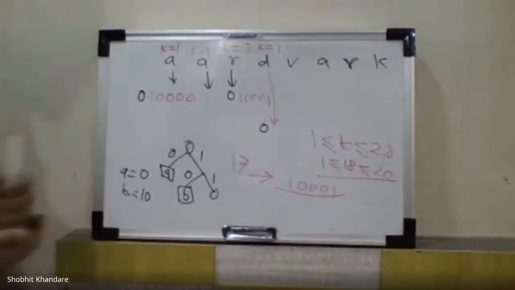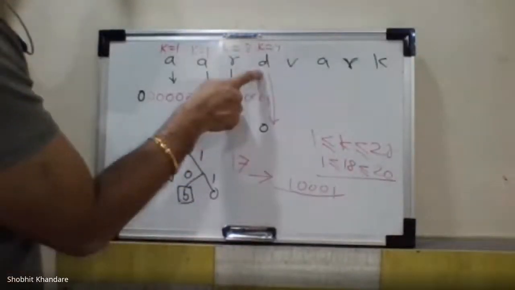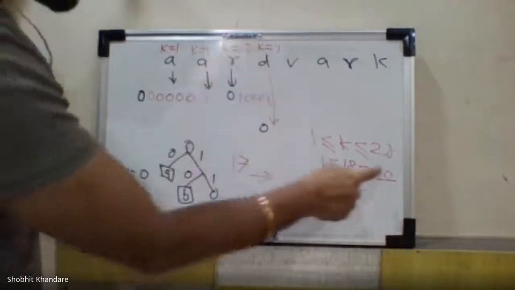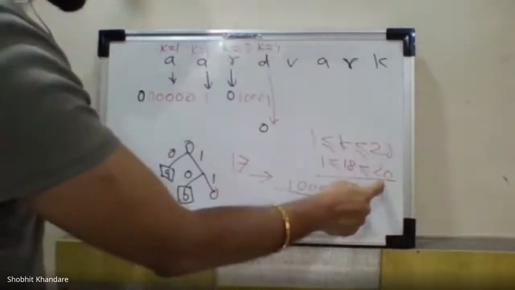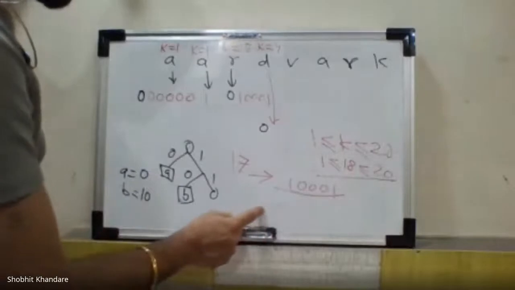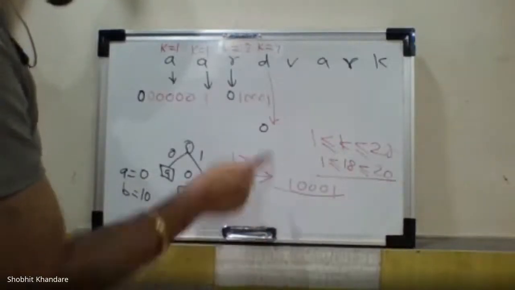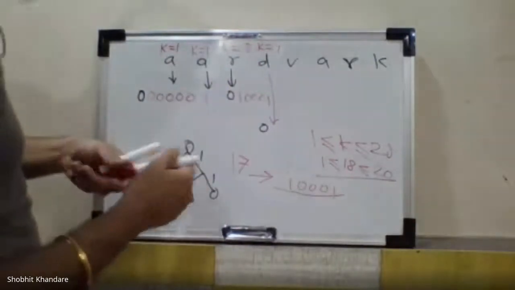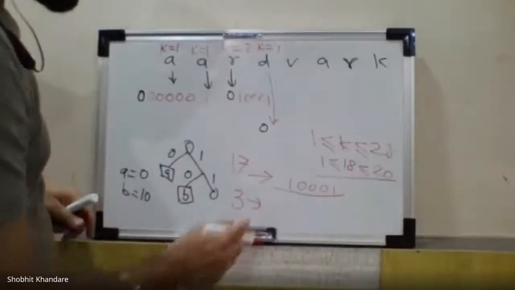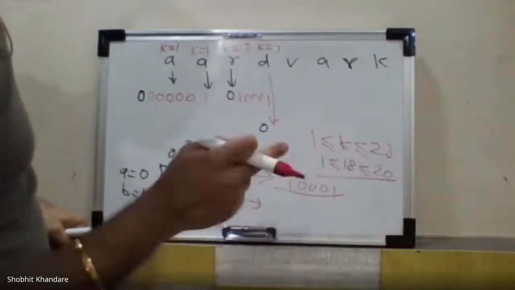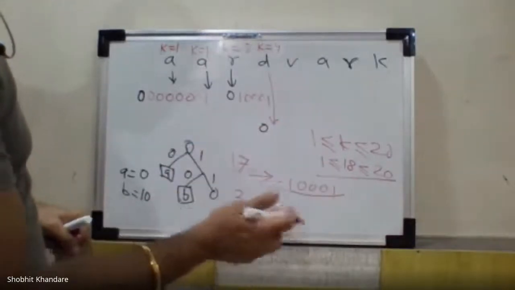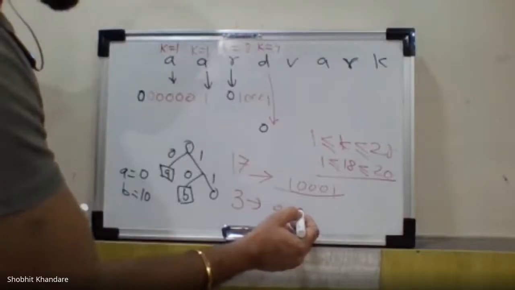So for this value of D, it is 4. A, B, C, D. So the K value is 4. It falls into this particular range. Then I have to represent K minus 1, that is 3. So how do you represent 3 in E plus 1 bits? E is 4, 4 plus 1 is 5. So how do you represent this 3 in 5 bits? It is 0 0 0 1 1.